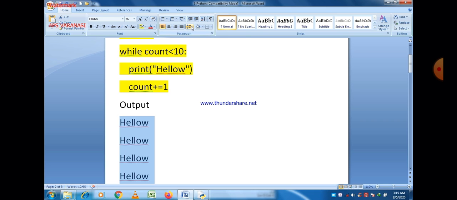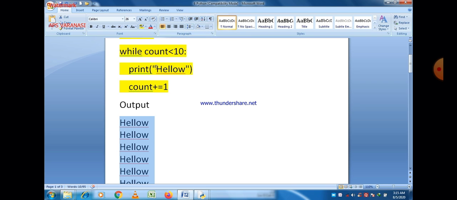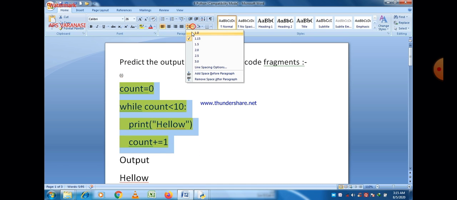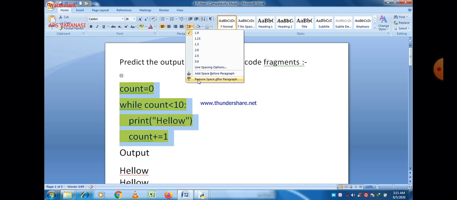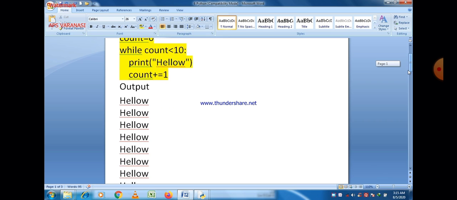So always remember that there are three conditions in a loop: the start condition, where we start the loop, then the checking condition, and then the increment or decrement. So 10 times hello will be printed when we execute this program.